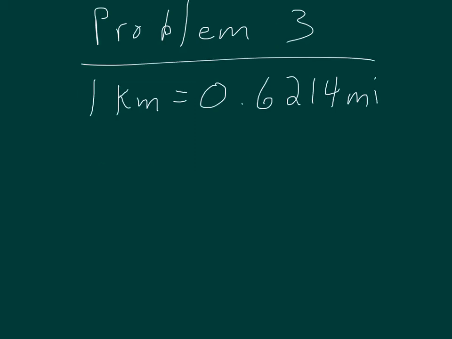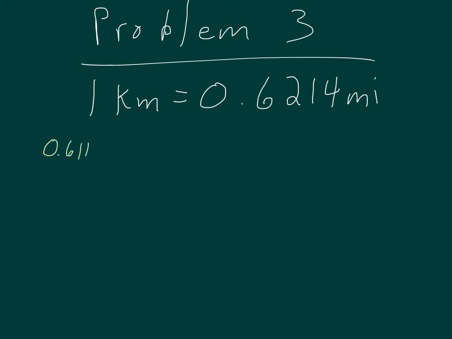All right, number 3. I'm a little concerned about how they did it in the book. It might confuse you. So, notice what they give you, just like the others: 1 kilometer equals 0.6214 miles. Then they do something weird that they didn't need to do. That next line in the book is strange. Here's how I would have written it. What I think they should have written was